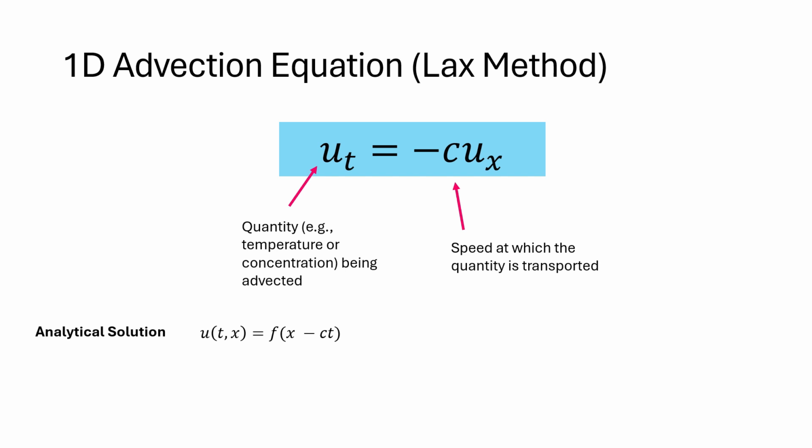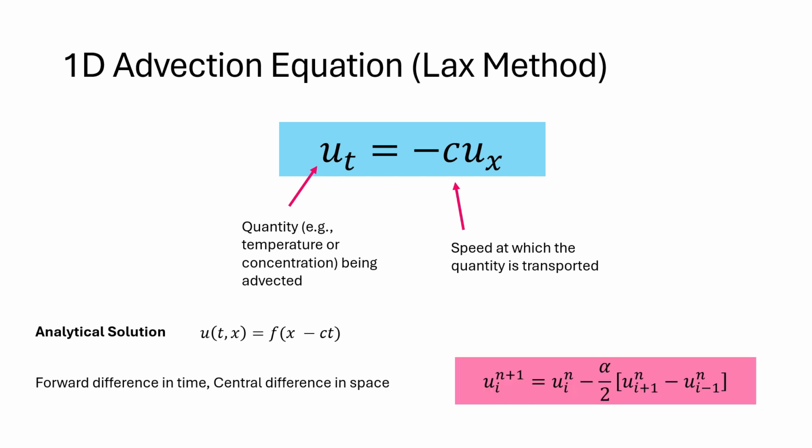Now we can use forward difference approximation in time and central difference in space to get to this formula. Here alpha is equal to c delta t divided by delta x. If we do von Neumann analysis for stability, we can find out that this forward time central space scheme is